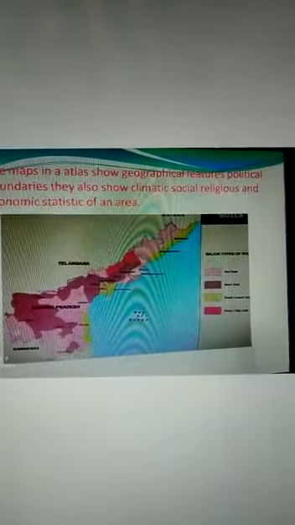Observe this atlas. This is an atlas page. In atlas books we see many different kinds of maps. This is the soils of AP map.